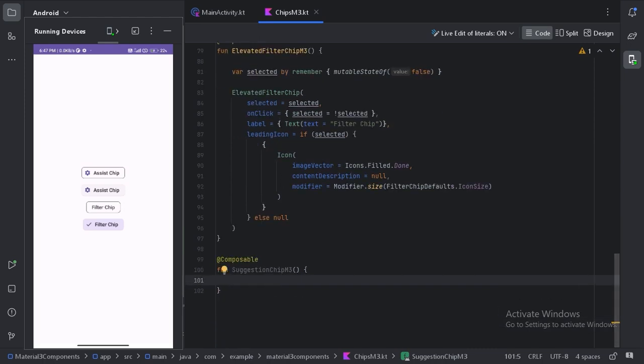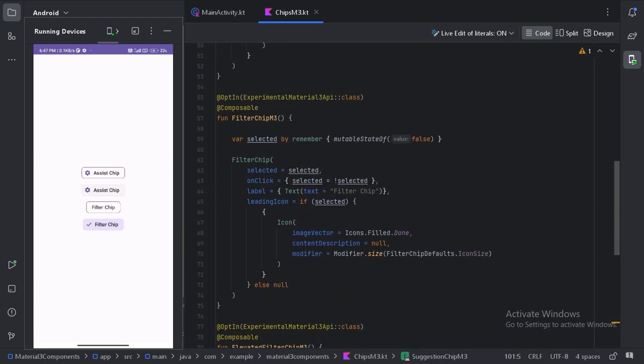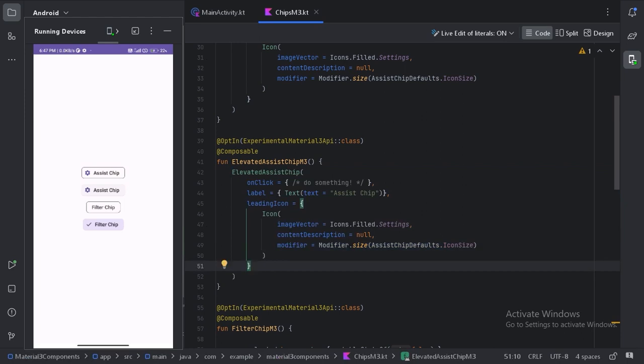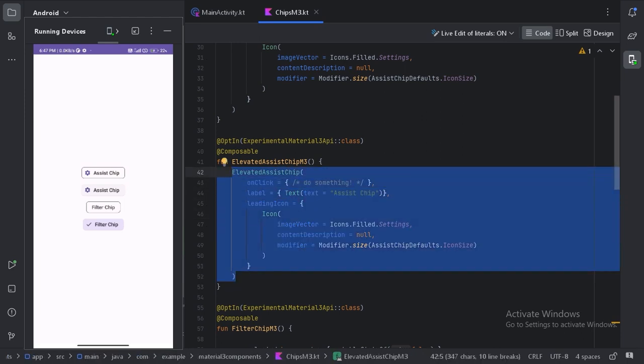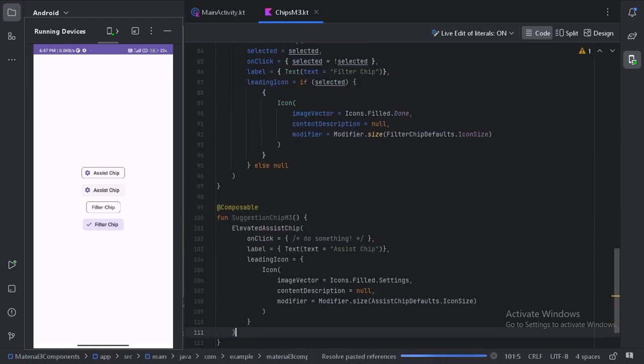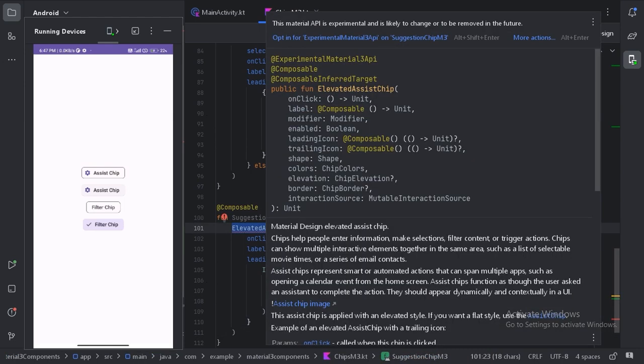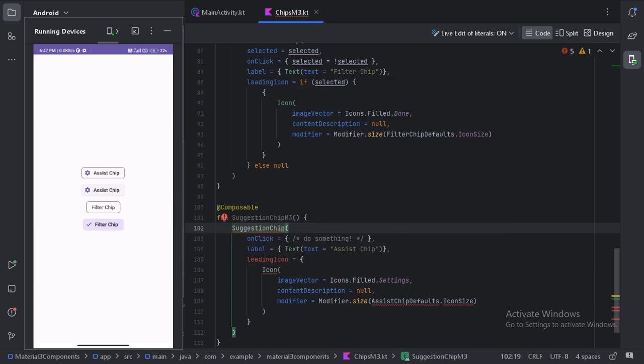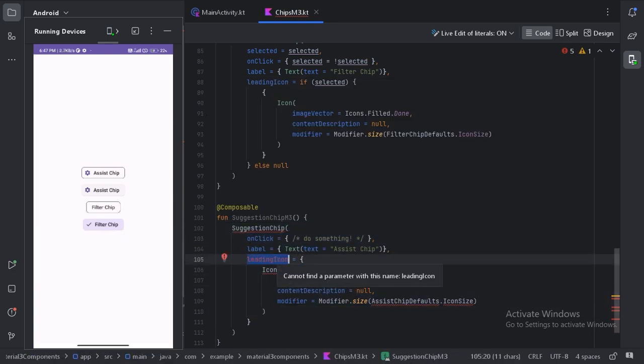Here what we will do, let's go upward and copy this code and paste it here, and we will only change this composable function to suggestion chip.